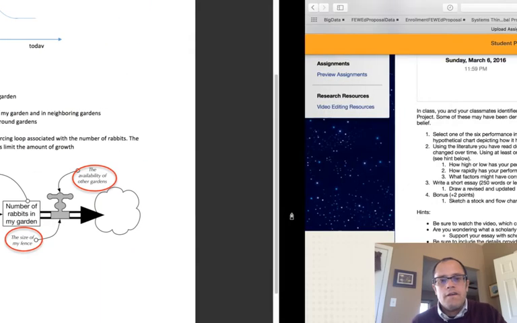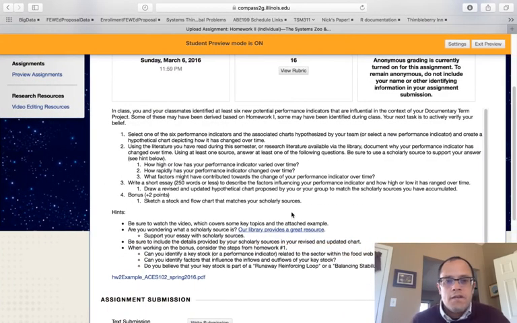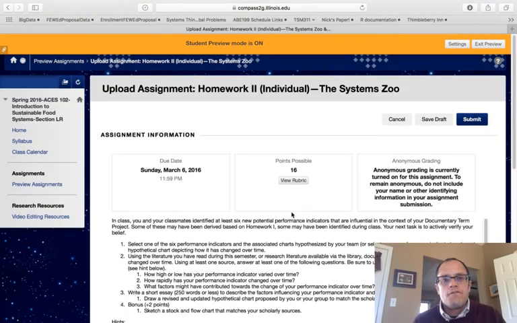So there's a review of the stock and flow assignment here for number 2, and you'll get some feel for how some of these resources do change over time, particularly now focusing on your particular assignment leading up to your documentary. So if you have any questions, don't hesitate to let us know. Both Bridget and I are going to be hosting office hours before